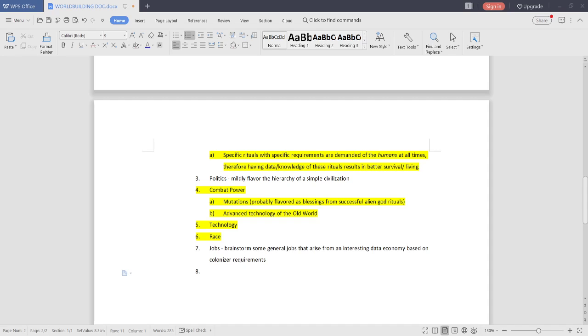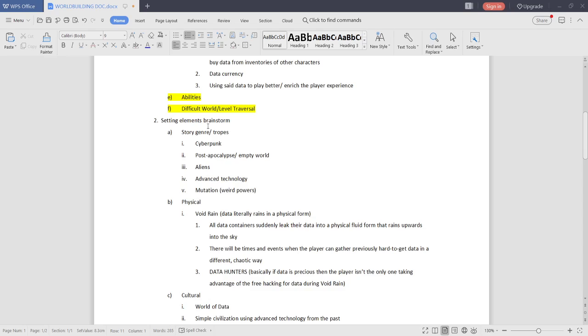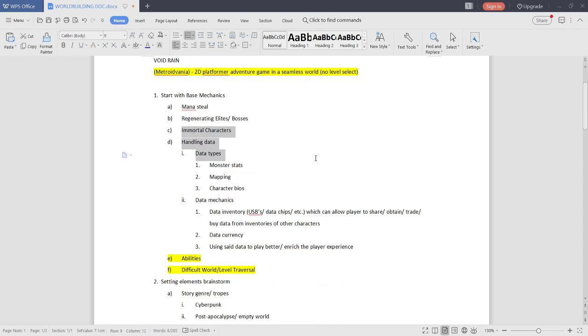Oh, wait, right. Another part that I wanted to have here is immortal characters, because that makes things very different. I really wanted to explain the infinite respawn mechanic that almost all games have, unless they're ultra hardcore and you start at the very beginning of the game if you die.